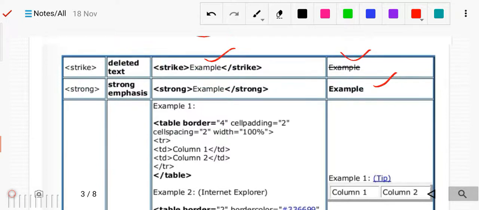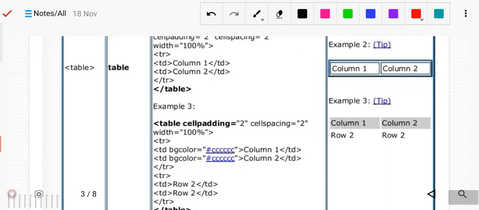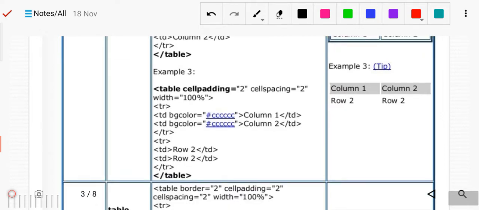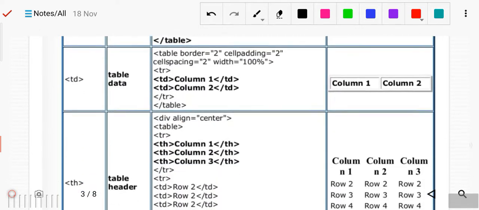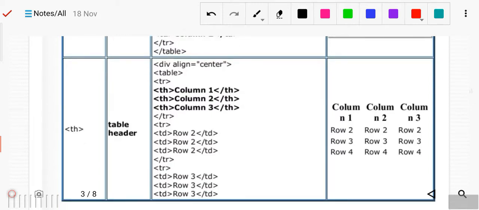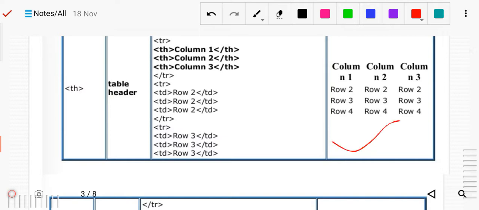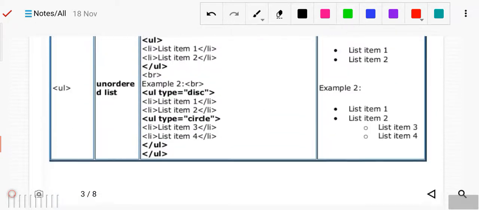These are the codes for the table: TD, TR. We will study these tags in the next chapter also. You just go through these tags also. Okay, then table header, column width and all that, TR, TD, how its output will be here, see that. Now here also some more tags are there, just go through it.